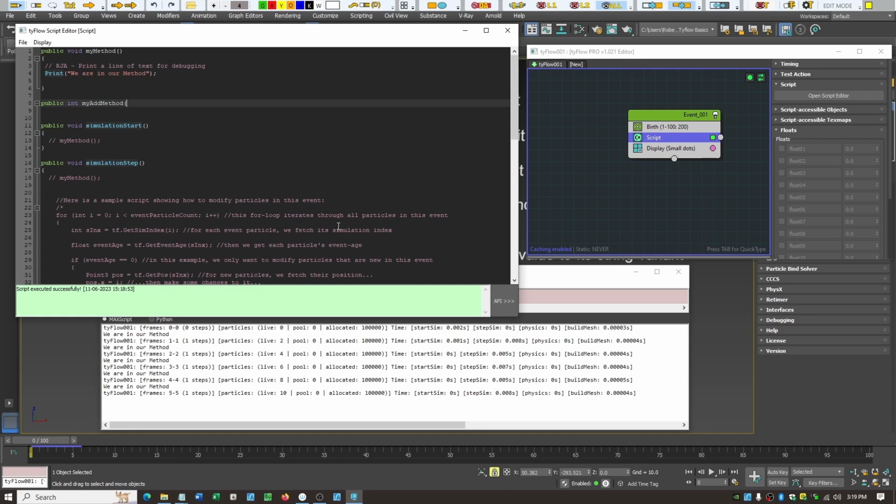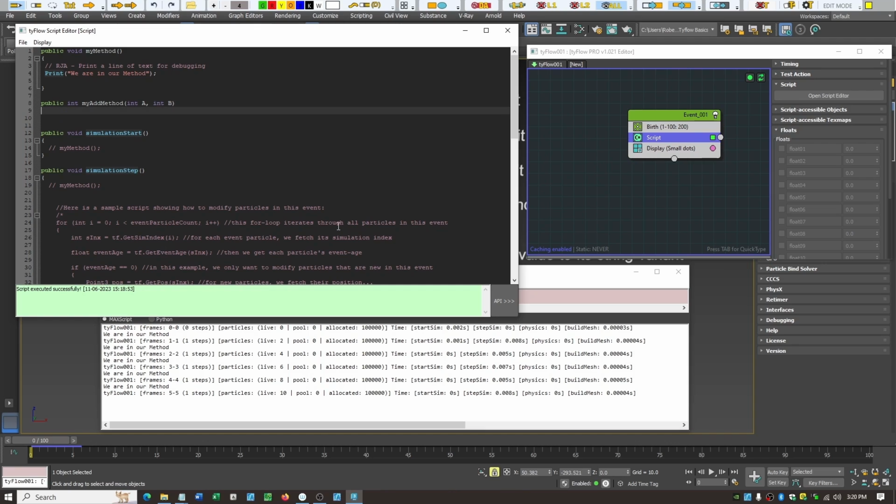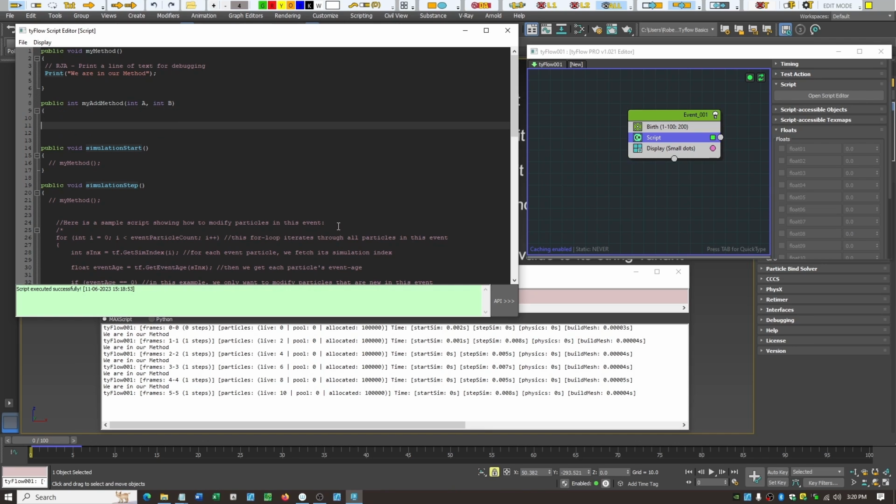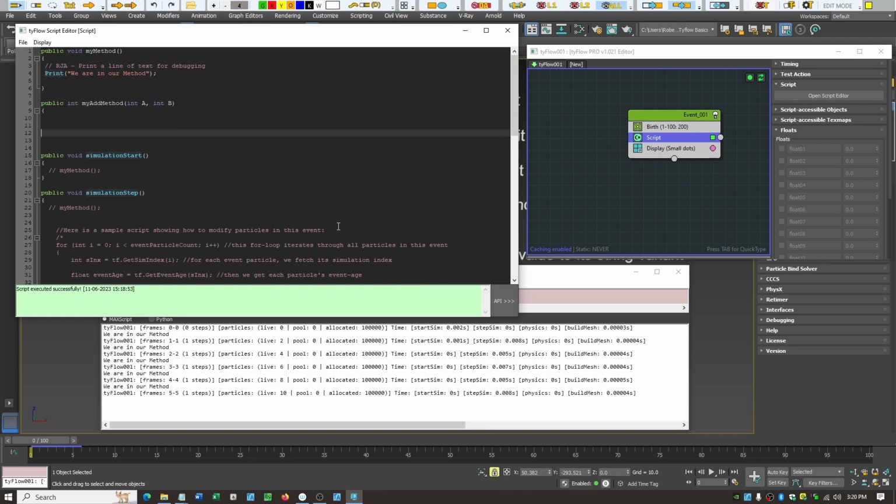We want to add two numbers, so we're going to add what? Two integers. We're going to call integer A, and we're going to call integer B, and we need the curly brackets to define the beginning and the end of that method. So here we now have a new custom method that's called my add method. It's going to take two values and it's going to return an integer. So in here we're going to say